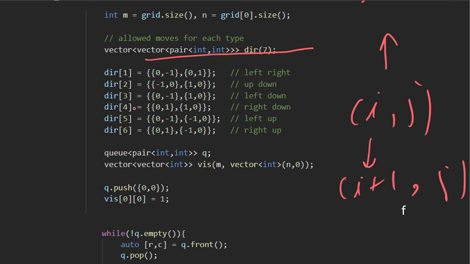So this way we have stored all the possible increments in the row and column for all the 6 different directions. Then we have used a vector of int to store the visited cells, and a queue to simulate the BFS. Then we push 0 comma 0 into the queue, and mark cell 0 comma 0 equal to 1, means we have marked it as visited, right?